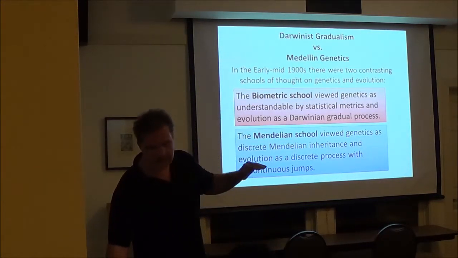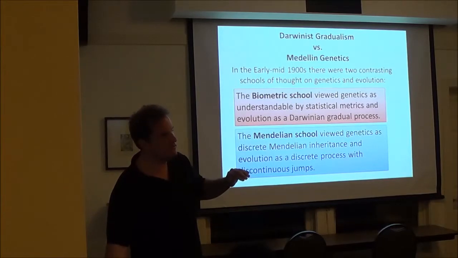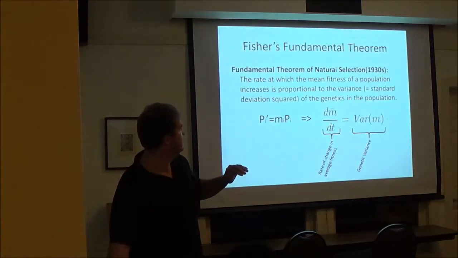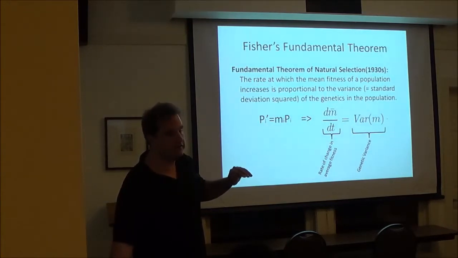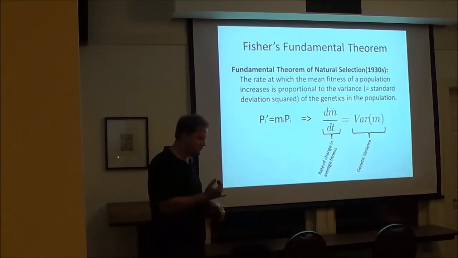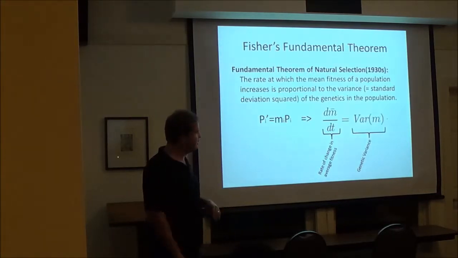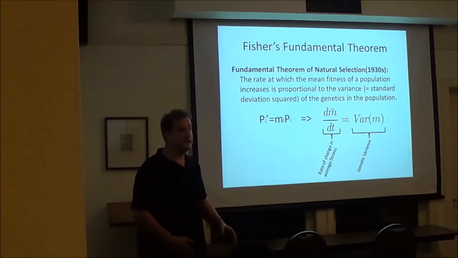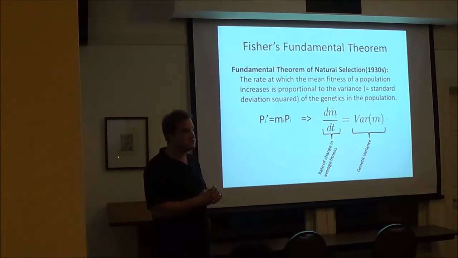And so there was a decline in the belief in Darwinism during the early 1900s, which ended, by and large, with the work of R.A. Fisher and a couple of other people, Sewall Wright. There's one or two other authors, but Fisher was one of the big ones. And he came up with the fundamental theorem of natural selection. And so this fundamental theorem of natural selection says